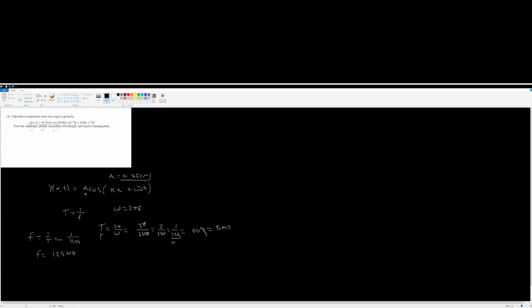The wavelength here, we know that k equals 2 pi over lambda, with lambda being the wavelength. That's something you should get on your formula sheet, or something similar that you can rearrange into this. Therefore, lambda, if we multiply both sides by lambda and divide both sides by k, equals 2 pi over k. Now we know k from our problem here is 0.4 times pi. So this is 2 pi divided by 0.4 pi. The pi's cancel, and we just have 2 divided by 0.4, which is going to be 5